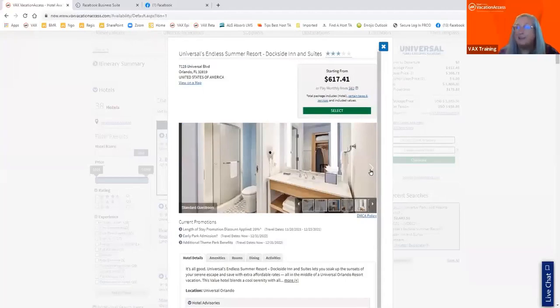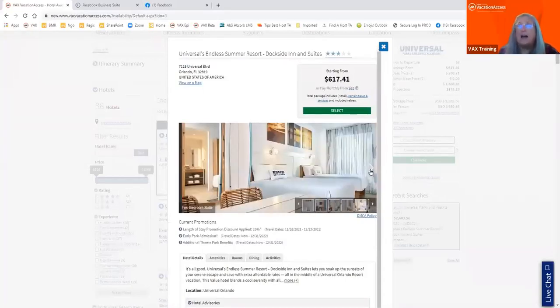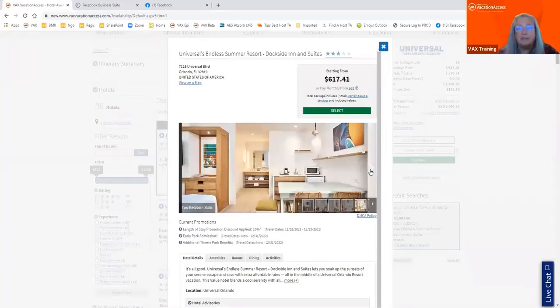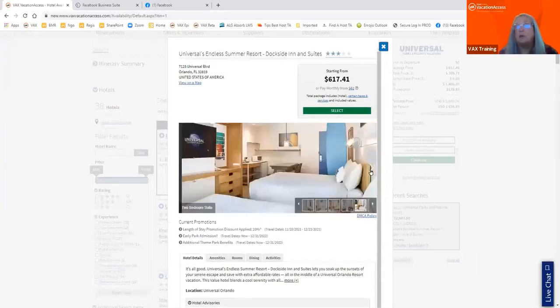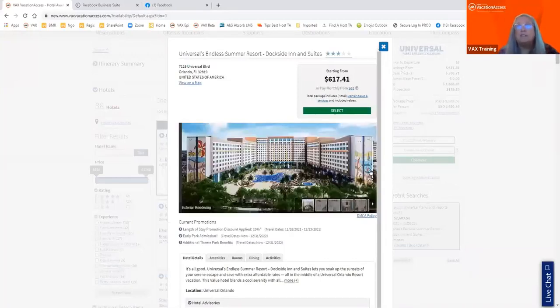And what I hear from a lot of travel advisors is, how do I share this link so that my clients can see the same thing? Because I don't want to send them to the website. We don't want to send them to the website either. We want them to come back to you. So these are images that could really help influence your clients, correct? And some great information within these profiles as well, with amenities, rooms, the types of rooms, dining, activities, all of those kinds of things can be really helpful in selling your clients.